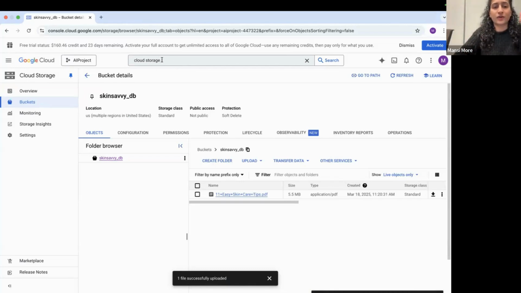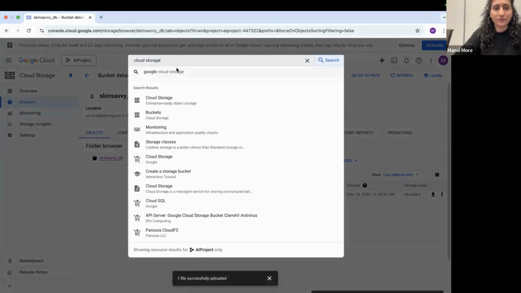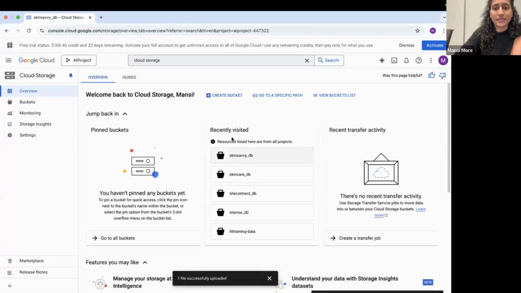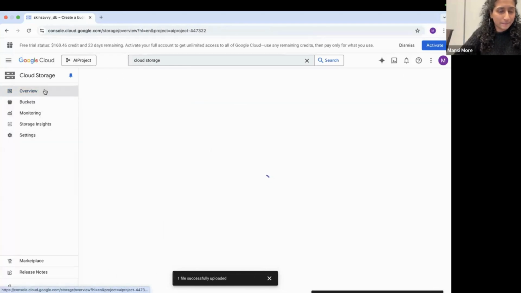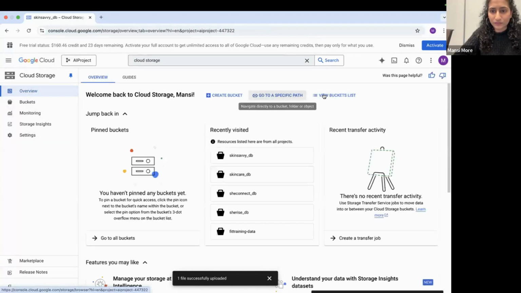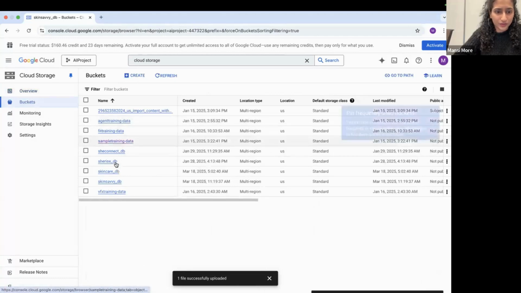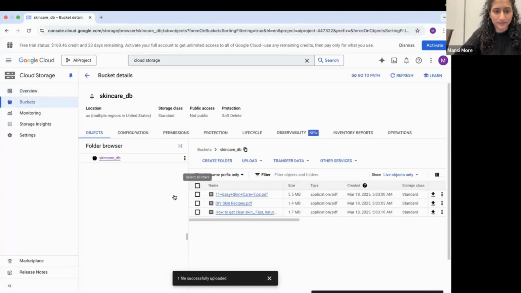You need to search for the Google storage in the search bar. You need to create a new bucket here, and after creating a bucket, you will be able to see this. So I uploaded a few files, PDF format files, for my data.